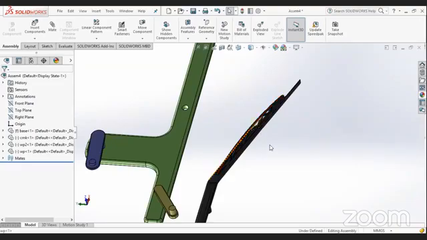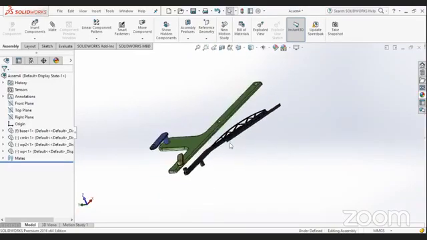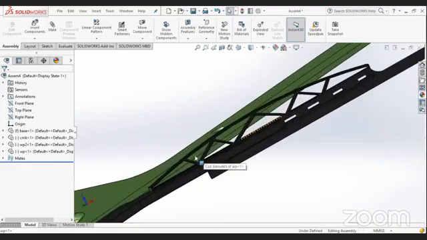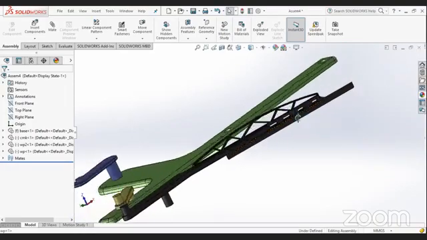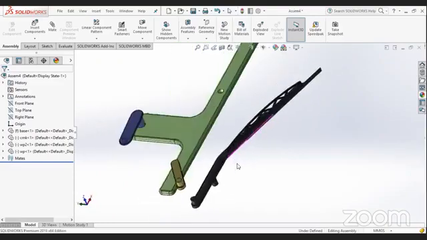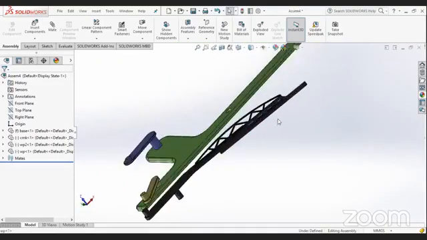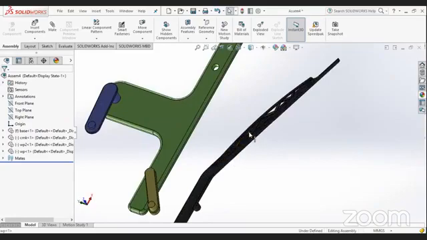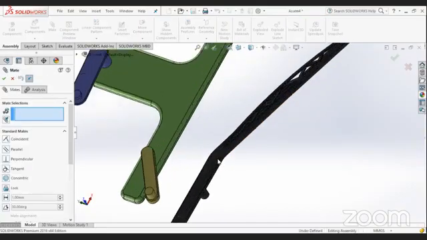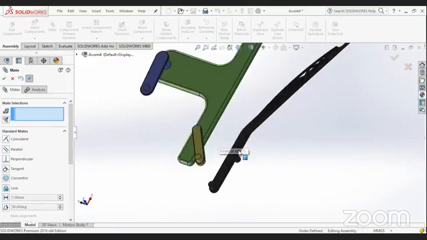Okay, so many considerations are to be taken into account. What I've made here is with the help of extrude and extrude cut. This is all of the structure you can see. Okay, and I just made a blade and the base and provided the required fillet. This one.